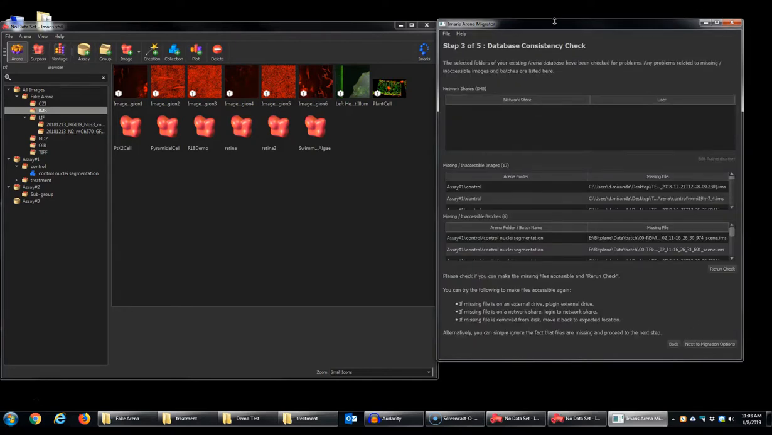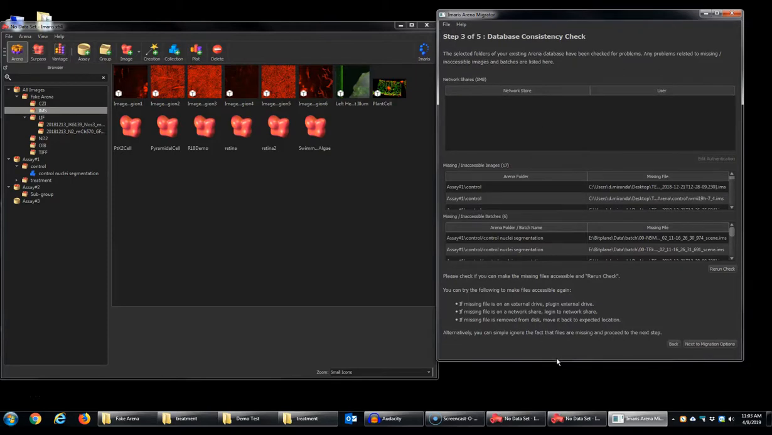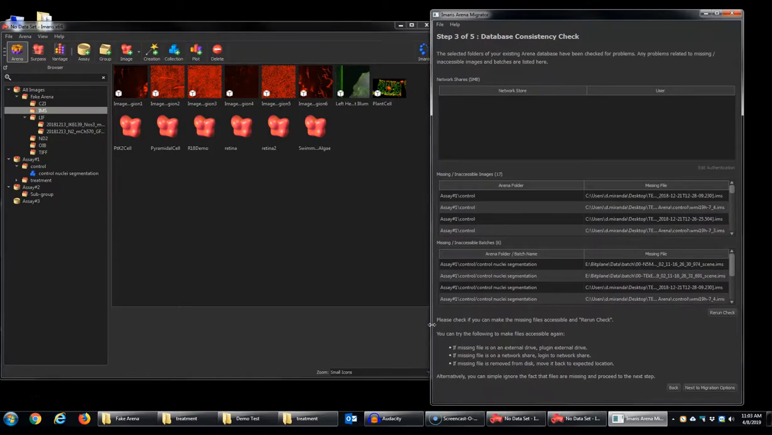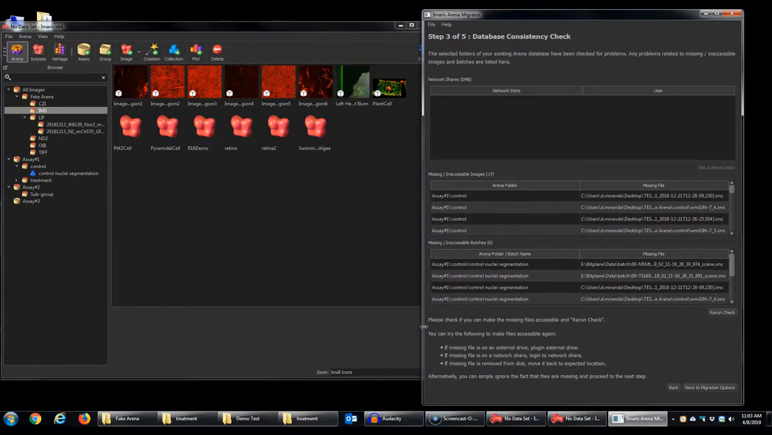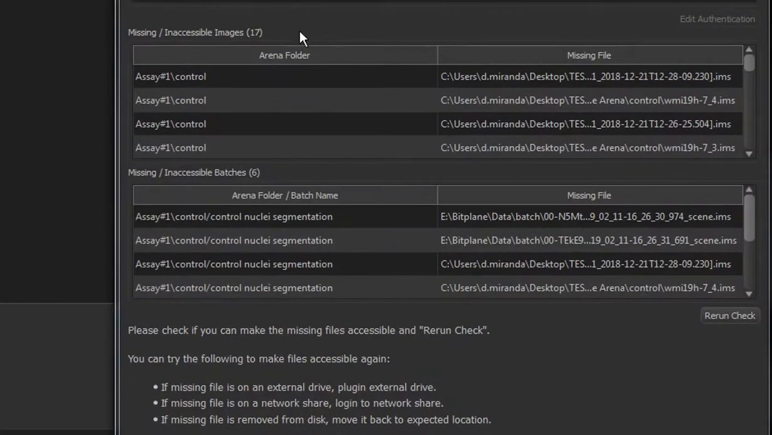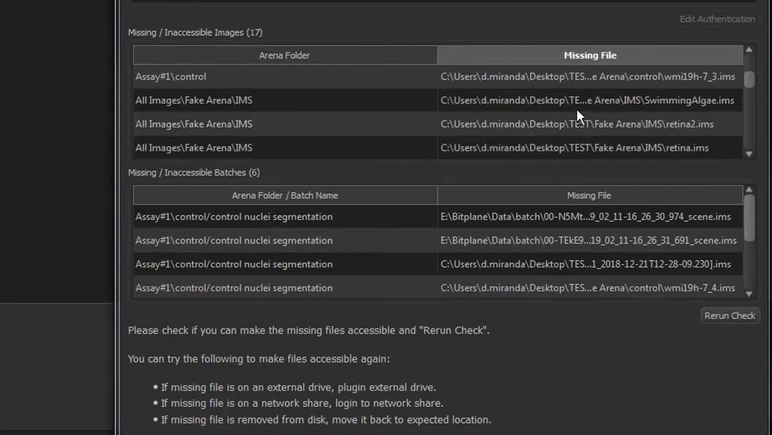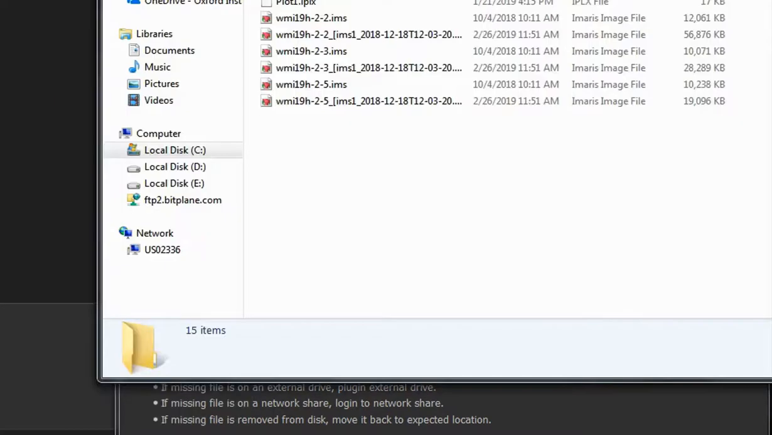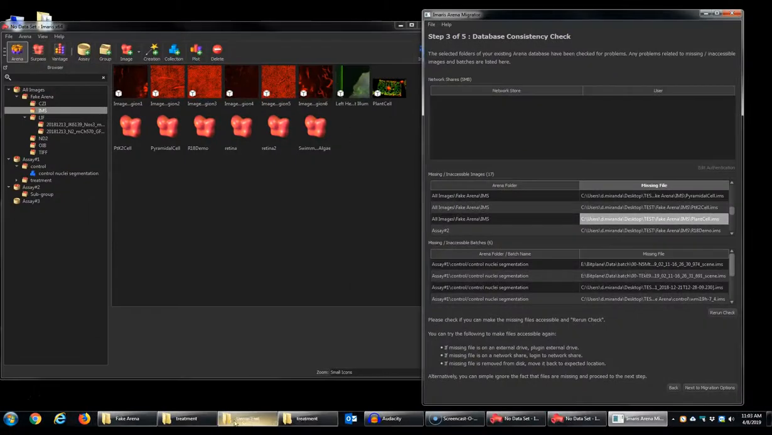The migration tool will check for the integrity of your old Arena. Now this is an important step to verify the contents of our old Arena before we migrate them to the new version. Here we see a list of inaccessible images as well as inaccessible batches. On this list of inaccessible images would be images that we've added to the Arena but then moved from the file system. For example, here would be